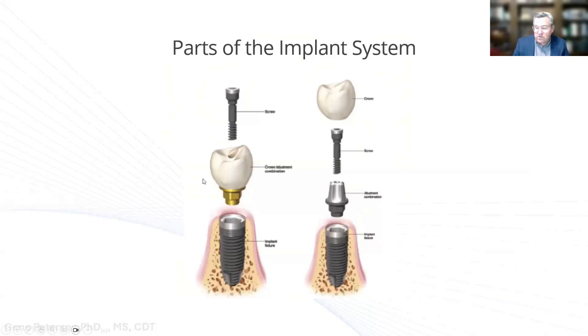Again, just the parts, when you're talking about a crown or an implant restoration, you're going to have an abutment, either a tie base or a custom abutment, more so today, and a screw. The screws, we're not going to talk a lot about tonight, but the screws are very important. That's a topic for another night, another webinar. But the more screws, the more components you have in a system, the more potential you have for some type of failure, because screws, by definition, go in and they might come out